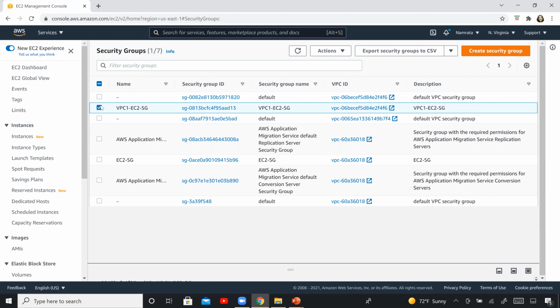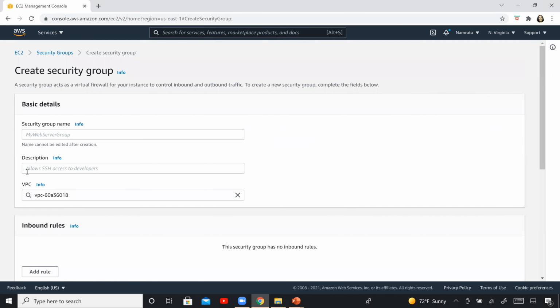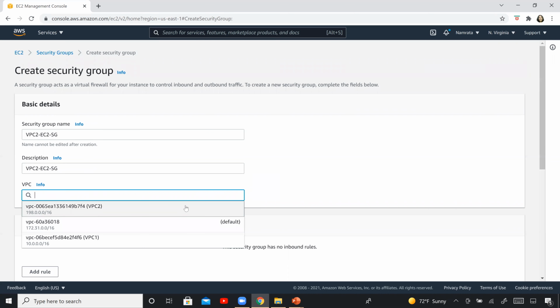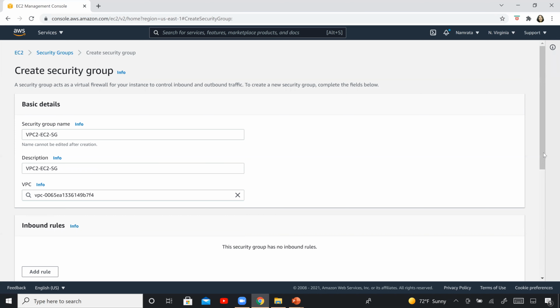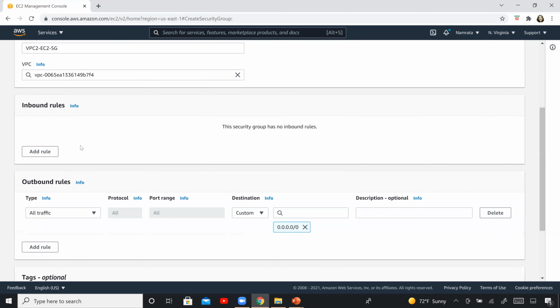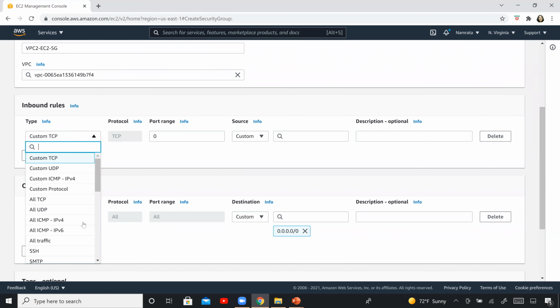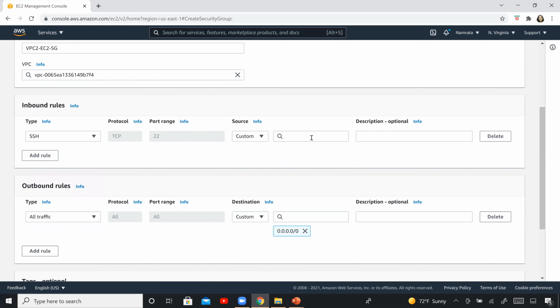This is for VPC1. We need to create another security group for VPC2. So click on create security group and it should be VPC2. Be careful of the naming. Copy that in description. Select VPC2. Again, add a rule, SSH, open the port.